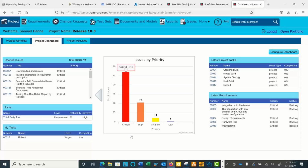So on the left, you've got some widgets here that are like tables. These are open issues. These here list projected tasks and so on. The nice thing about this dashboard is that everything is clickable. Which means I have here 136 issues that are critical. I have 53, and if I click on any one of those, so for example, if I want to see,